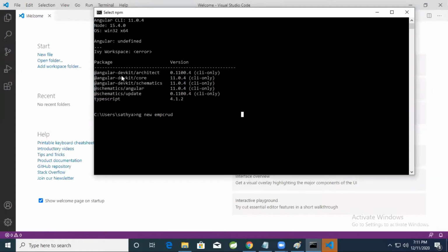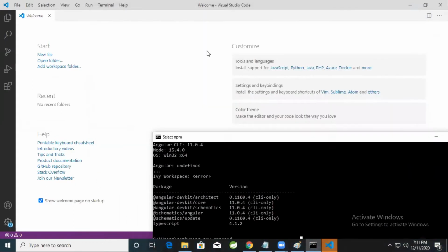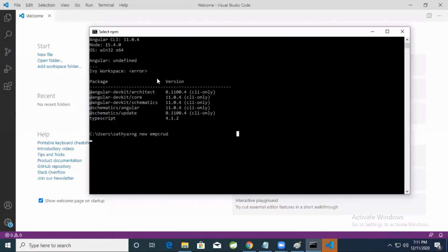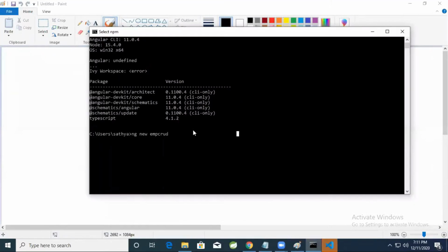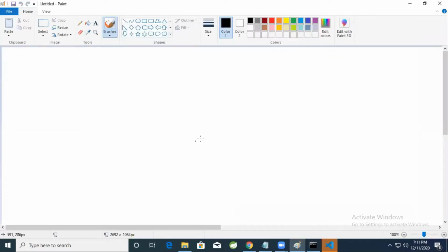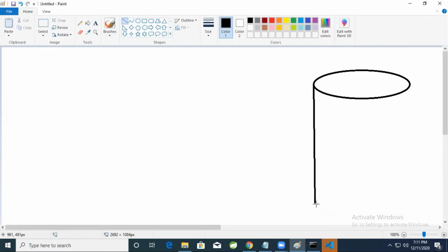So let us see here. And this is my Visual Studio Code. It is an editor to develop the application. So here you can see what my requirement is. I'll explain first, then we'll practically implement it. Okay, it will take some time. Let us wait. So first of all, my requirement is I want to perform CRUD operations. I want to create one database. This is a fake API, the db.json file.